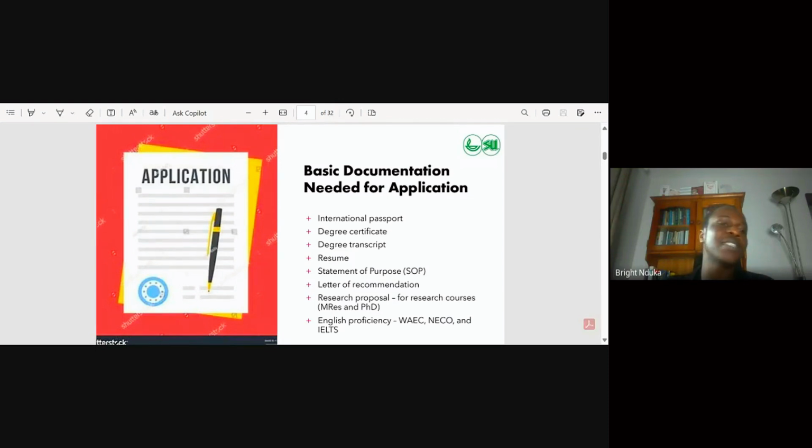It has not yet been signed into law, but there's every possibility that this might change such that if you are going to apply for any study route, you must write IELTS. Before now, it's not compulsory. You don't have to write IELTS for you to come in. You only need a minimum of C5, C6 in your WAEC, and then you are good to go and apply. But with all of the measures coming up now to cut down on immigration, this may likely change such that you are now expected to write IELTS. But in any case, it's something that you can read for, sit for, and pass in one sitting.